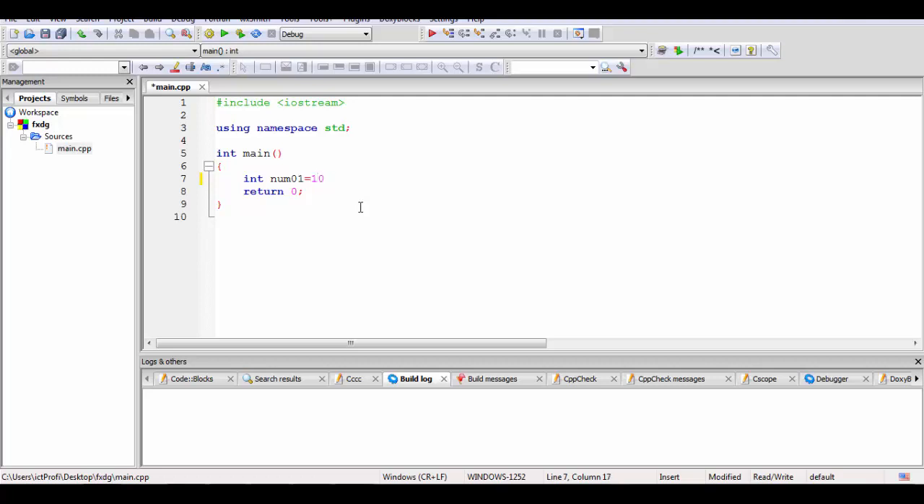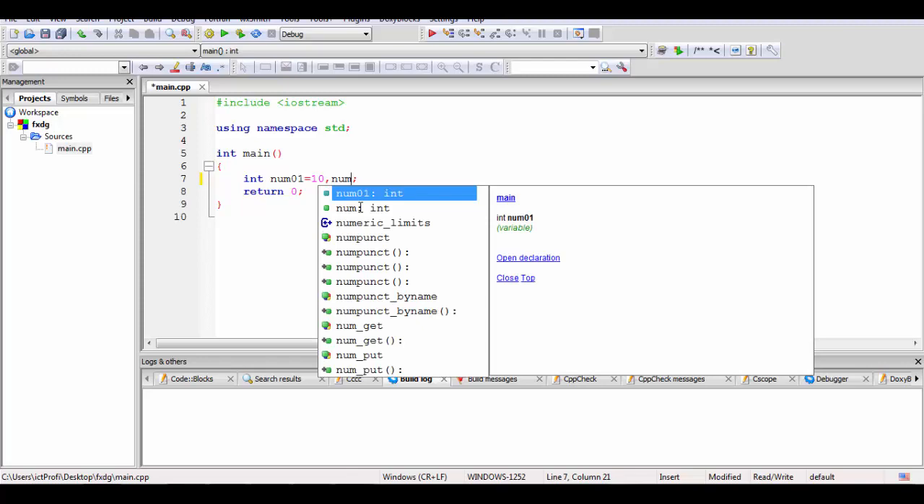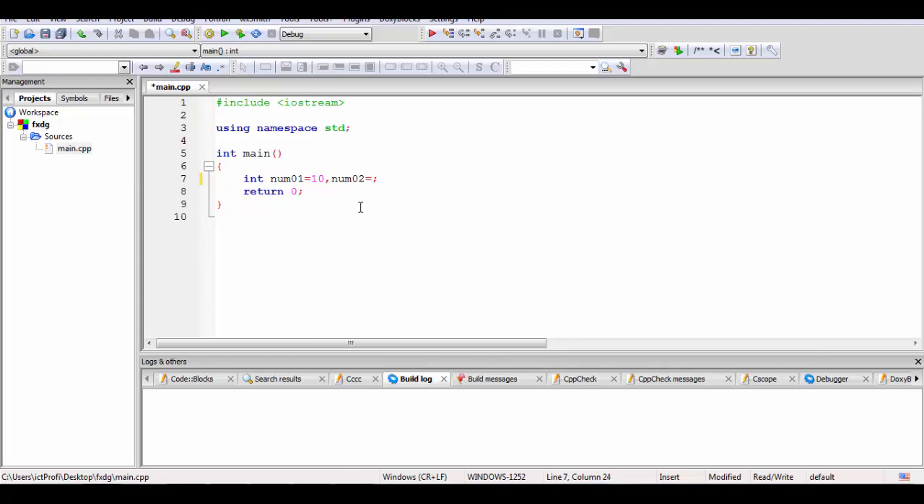I can make this 10, alright, and I will introduce another number, comma, num02 equal 30. Alright, and I want to make a calculation using these numbers. I will write cout. Let's say I will return the sum of these two numbers. I will say the total is